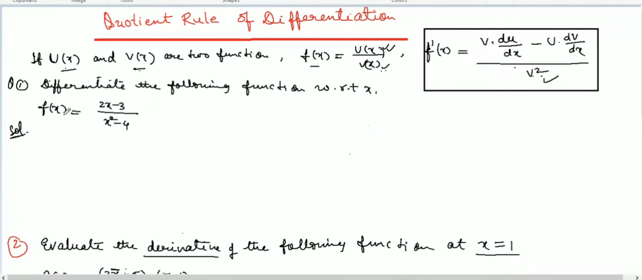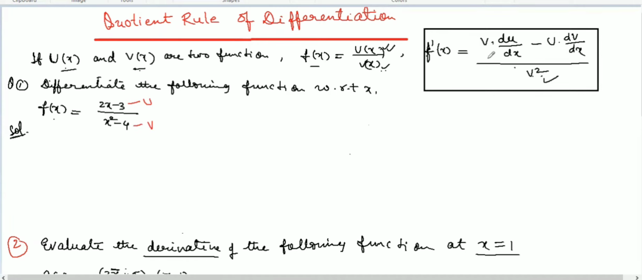So here is the first question. Given f(x) equal to (2x minus 3) over (x square minus 4), which is in the form of a quotient, as u(x) over v(x) is given. The formula of the quotient rule says that this is the function f(x) and we are going to differentiate it using the quotient rule. So we will write f prime of x, and the formula is, as this is our u and this is our v,